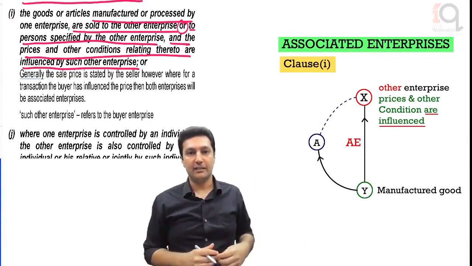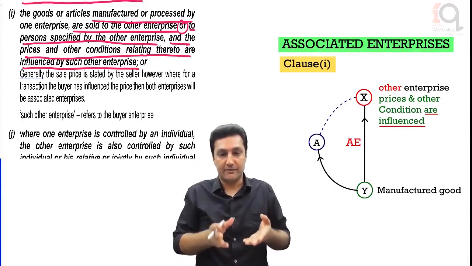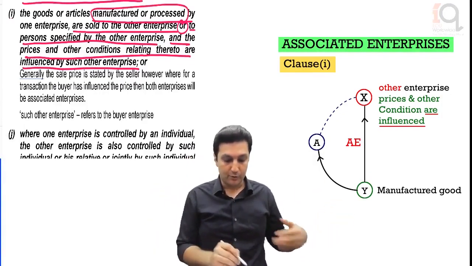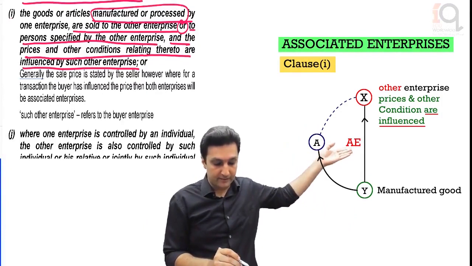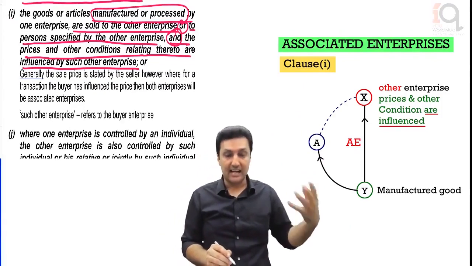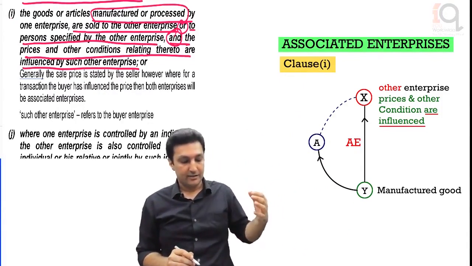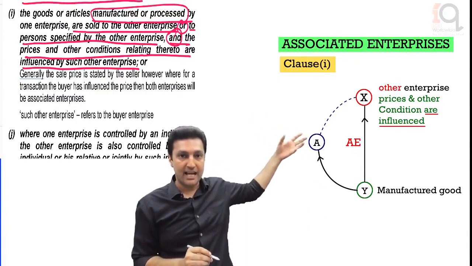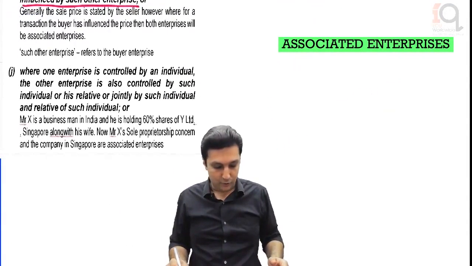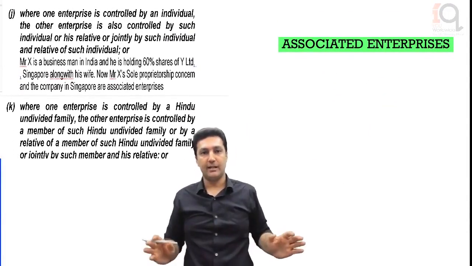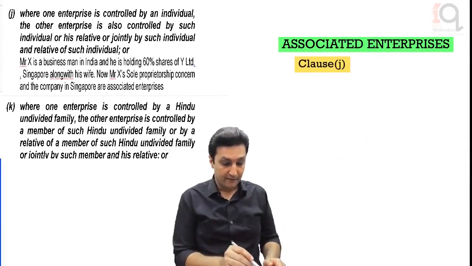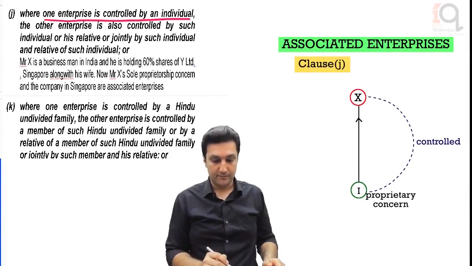is going to be covered by 92C, which means the arm's length price, which means there are associated enterprises, because he says the goods manufactured or processed by one enterprise are sold to the other enterprise or to a person specified by the other enterprise, and the prices and other conditions relating thereto are influenced by such other enterprise, the person buying. Therefore, these are now associated enterprises. He's keeping it open so that he can catch hold of anybody who's trying to influence prices and take away the profits of India outside India,